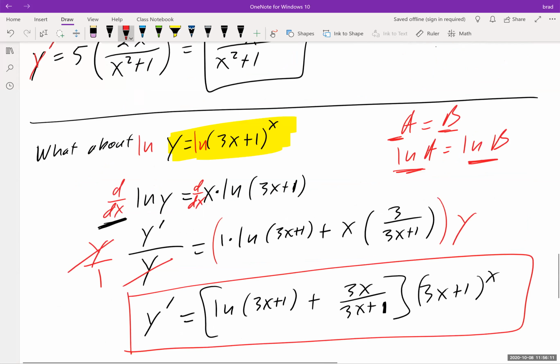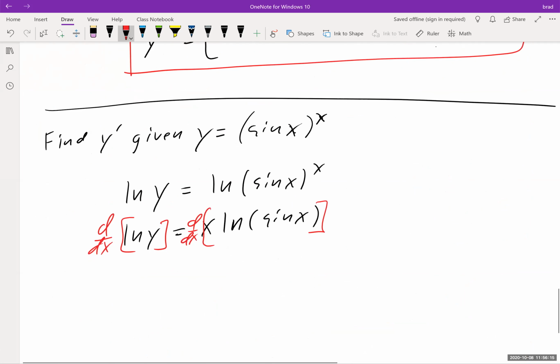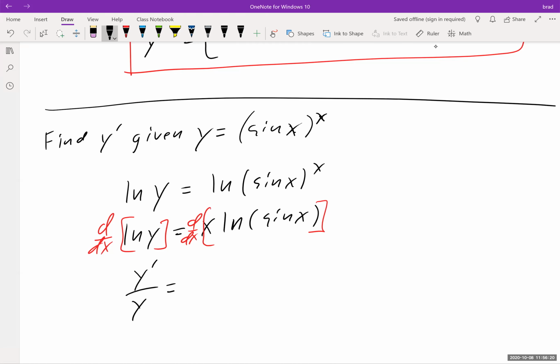Did I forget to put brackets around that? Yeah, it doesn't technically need them, but I should do it, because they were pure multiplication. So then this becomes y prime over y. We're kind of seeing that that happened in the last problem. And now this will be ln of sine x plus x times u prime over u, negative cosine of x